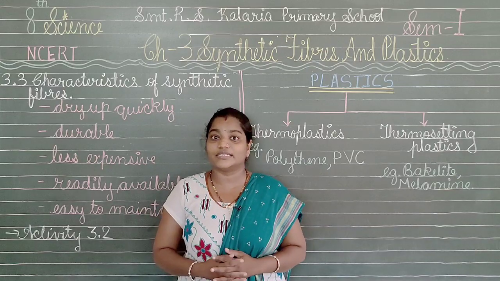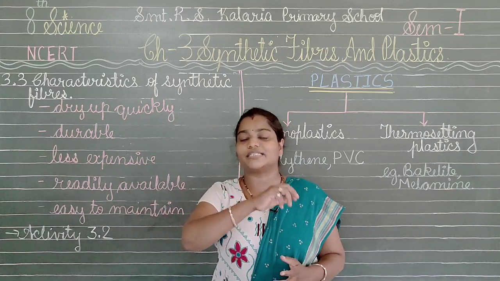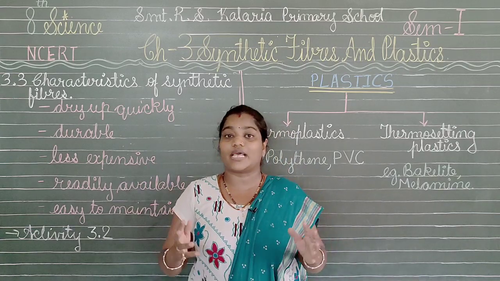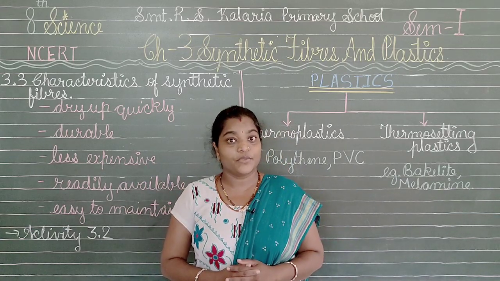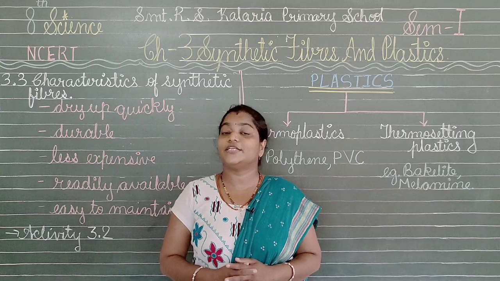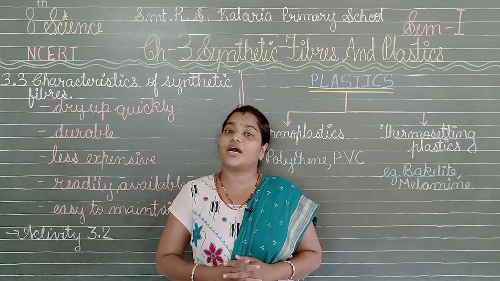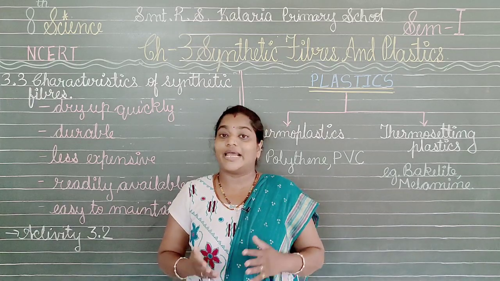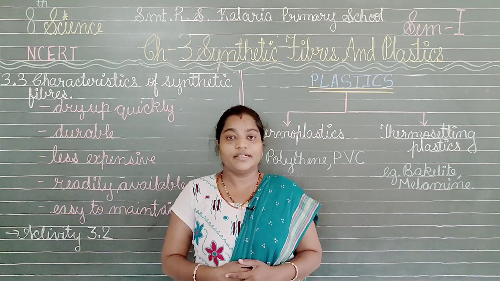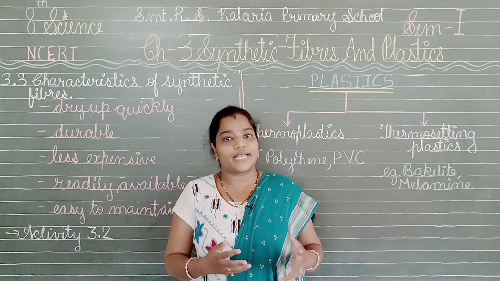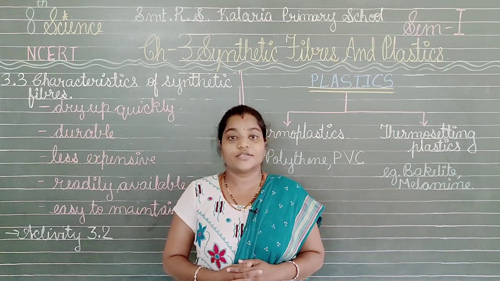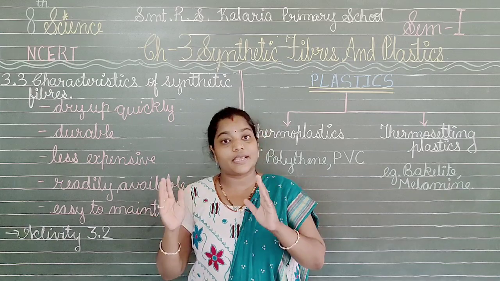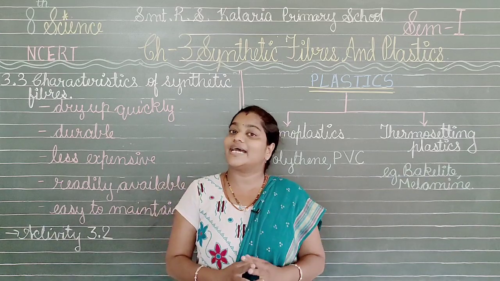Now, what you have to do in this? You have to take 2 equal size tumblers from your house, add some water which is of equal amount in both the tumblers. Now, with the help of your parents, you have to find 2 types of clothes from your house. One should be the natural fiber, that is either cotton or wool, and the other should be the synthetic fiber, that could be polyester or any other thing that you have at your home. So, you have to take the same quantity of the water and same amount of the cloth.